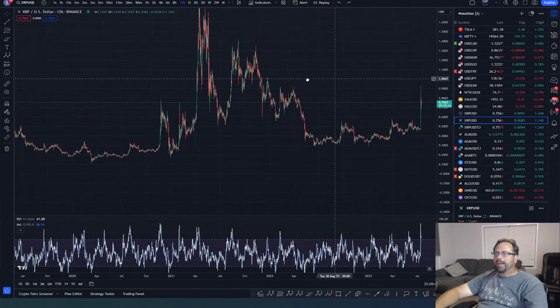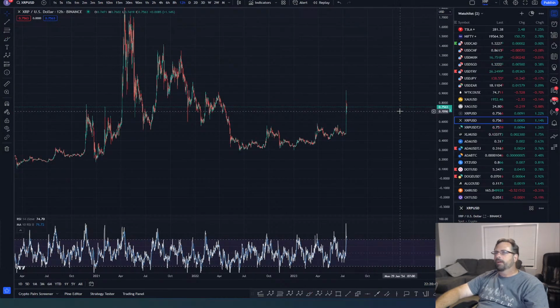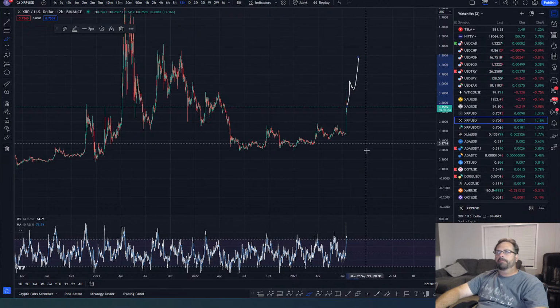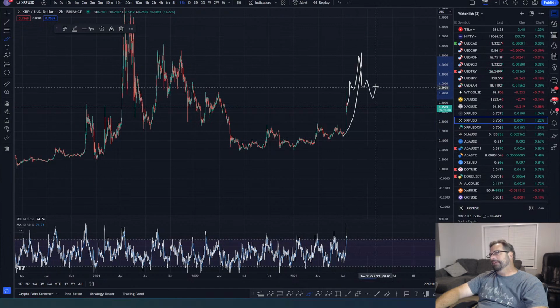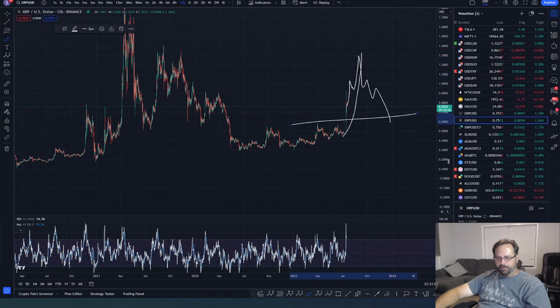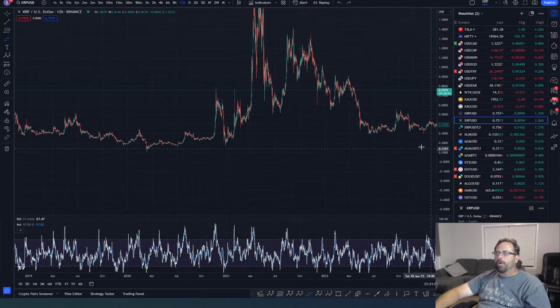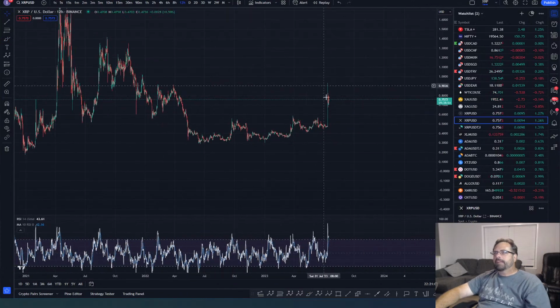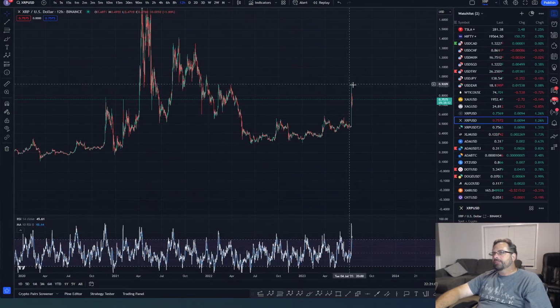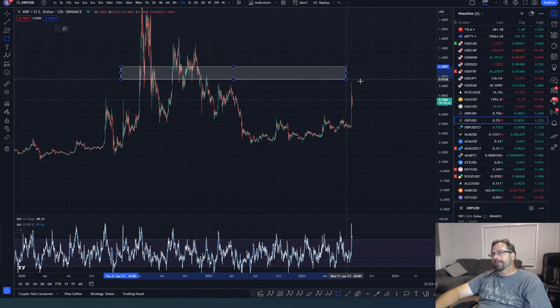So I'm not seeing this going straight up here. Now could this go up and hit the high again? Absolutely. If this wants to go up and hit the high again, it can, and it can keep pumping, right? Whenever this pump stops, though, more than likely she's going to come back down to the breakout zone. So that's the question of the day: is this going to keep pumping? We're at a key level right now.